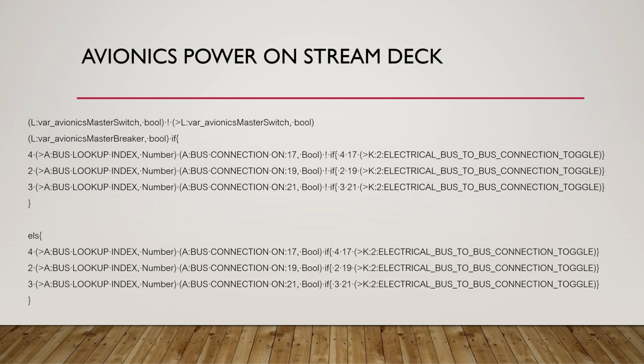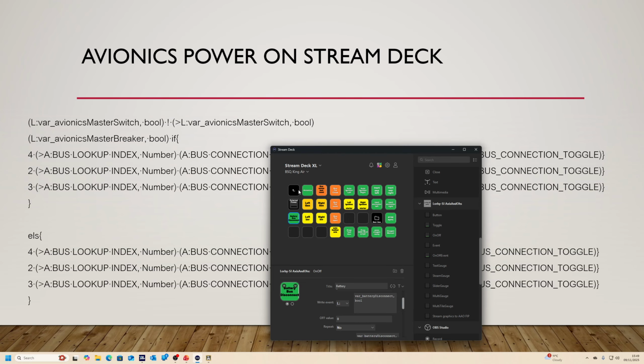Let's have a look at where it is here in the avionics section. It's an on-off switch. It's the same script being called twice. I've called it once with the 0, once with the 1, but it's really just running a toggle switch, and it's reading this variable here, the avionics master switch, and it works. But what I prefer to do is obviously put it onto